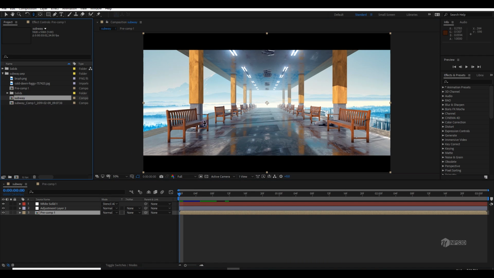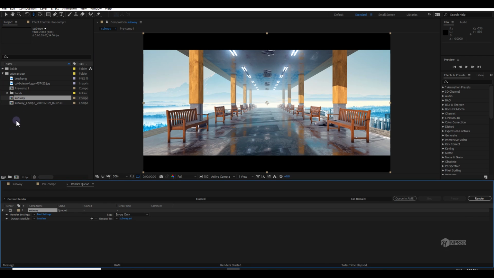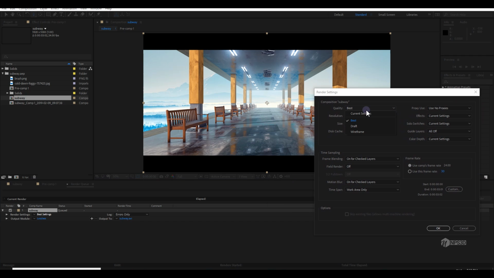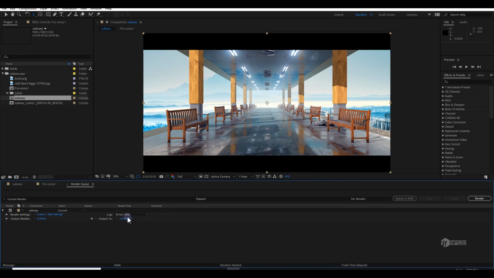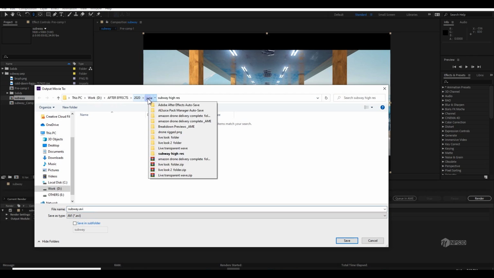So I just simply select the comp, set it to full res, select the main composition and press Ctrl M. It will bring your selected composition into the render queue, and here you have to tweak something just a little bit. Don't worry about anything. Just click on the best settings and make sure this is set to best, right? And this resolution is set to full. If I change it here to half, you can see this will render at 960 by 540, but I want full. Hit OK, and here I can choose the output section where I want to save it.